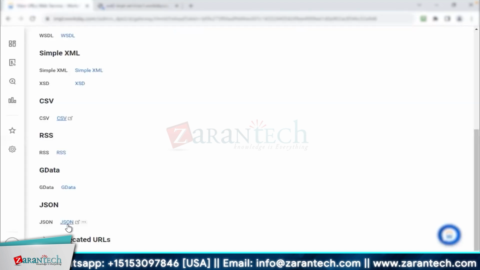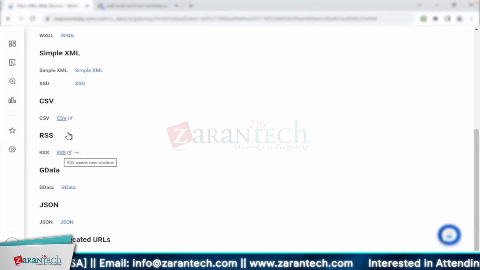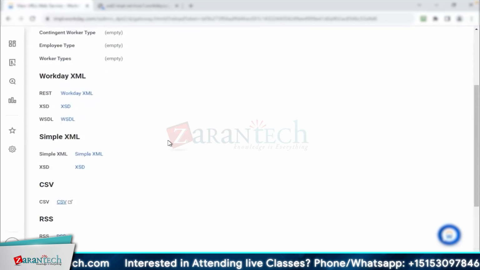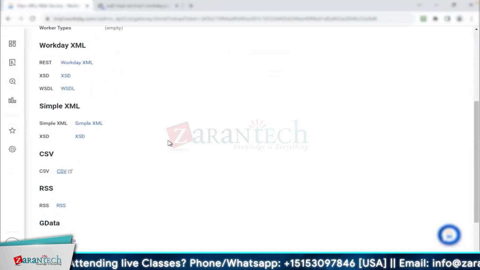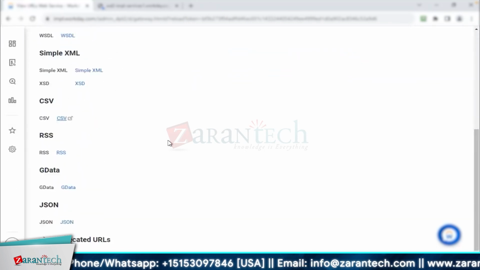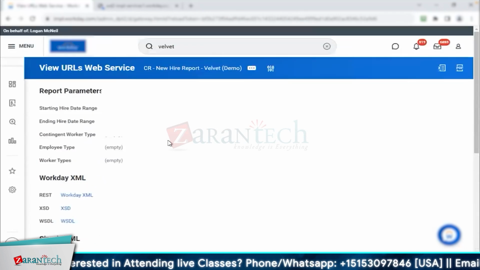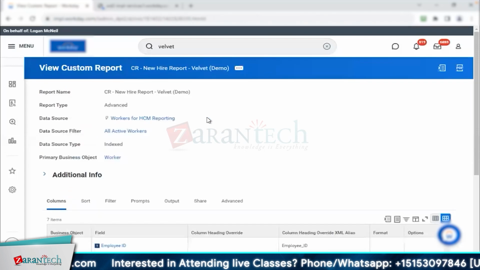Likewise, if you want to give them JSON format, Google data, RSS feed in XSLT or XML format, there are all these different formats, but this is more on the integration side. But you should know that there is something called RAS reports, which will be used in your EIBs for outbound integrations. The reason I'm showing you this is because we will use this in one of our integration demos today. Okay, so just have it in your notes. There's something called RAS reports. Now coming back to our report, which we did yesterday,